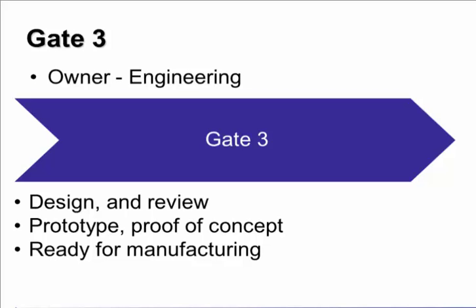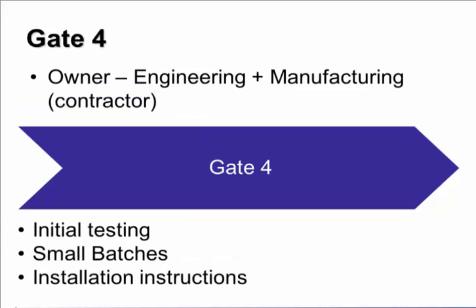So the engineering then has the designs, the testing to prove that it actually has met the original requirements. Once that has been approved by the team, okay, then the next gate can be progressed to,